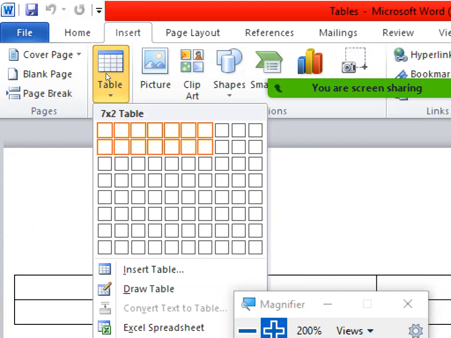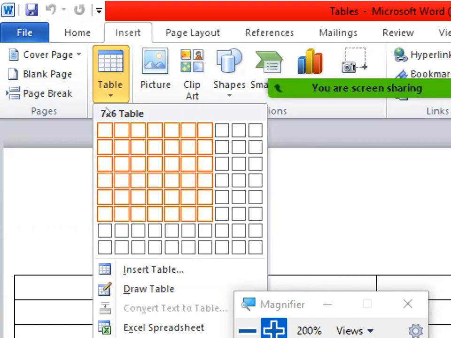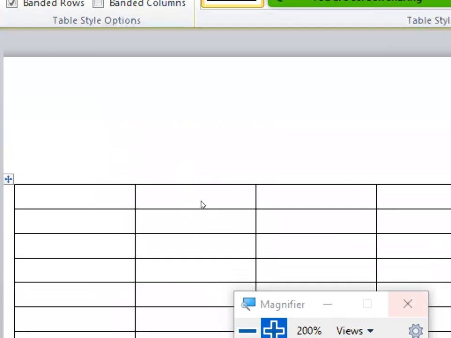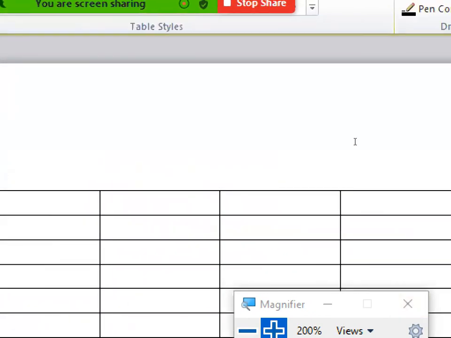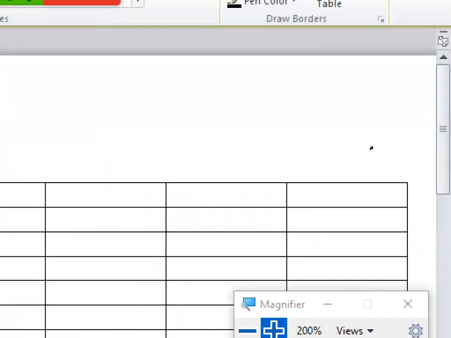And we have, say, 4 periods in the morning, and in the afternoon also we have 4 periods. So we'll take 8 rows. Like this. Once you click on this, a table will be generated.